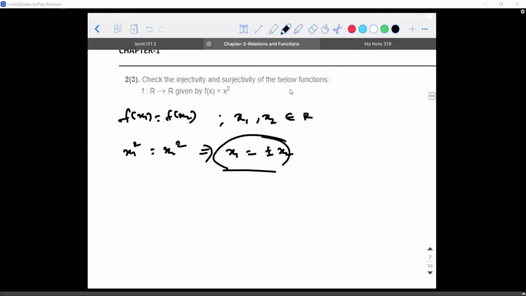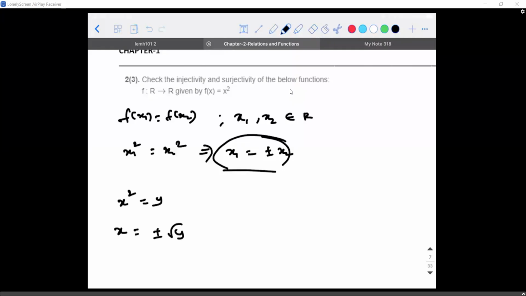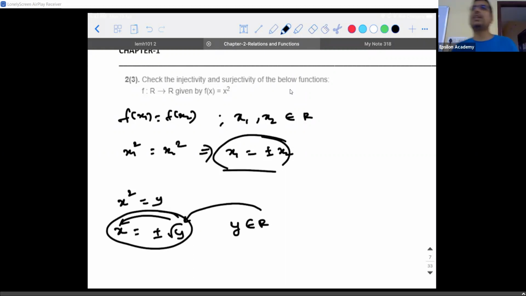Sir, but onto function means we have x square, means x is equal to plus or minus root y. Now your work is, if you take any element y which belongs to the real numbers and you substitute it here, the square root of that real number should give you x. Hey, by the way, is it onto? Sorry, it is not onto, because negative real numbers do not work.